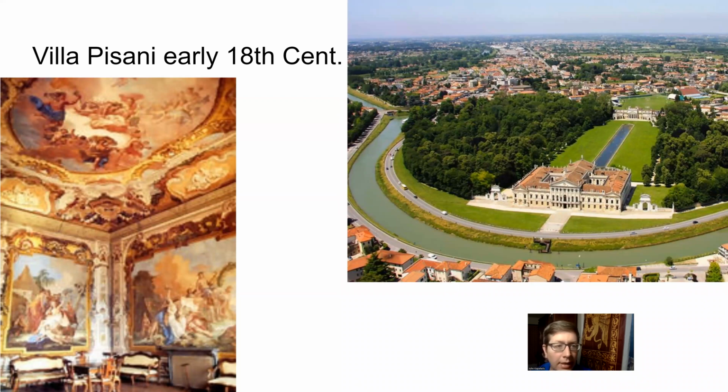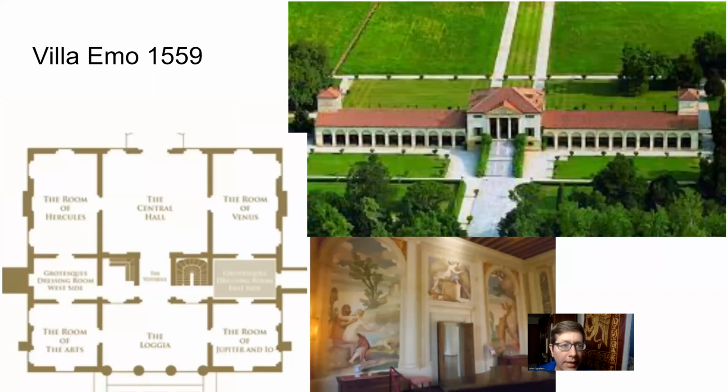A lot of these villas, these Venetian Palladian villas, were on canals or rivers, because during the hot summertime in the lagoon, with a lot of mosquitoes, people would want to leave and go into the terra firma to get away from all that. You know, maybe be in the shade of a forest or something like that. This is Villa Emo from 1559. Look at that symmetry. And you also see here they have a room of Hercules, a very Republican symbol at